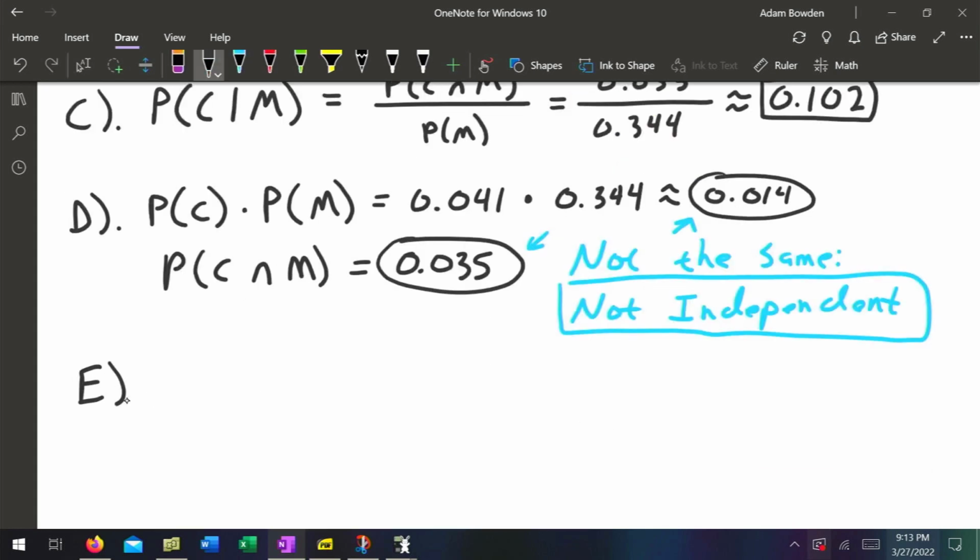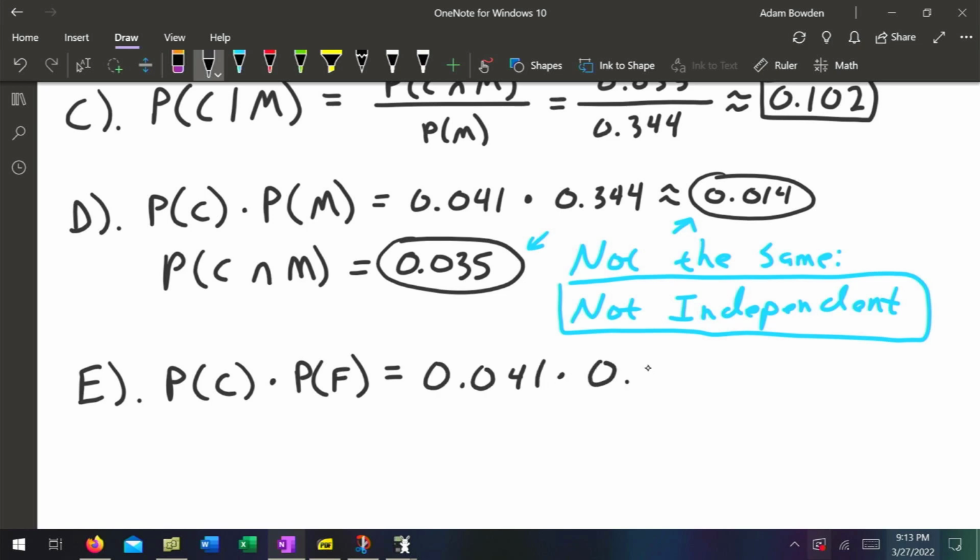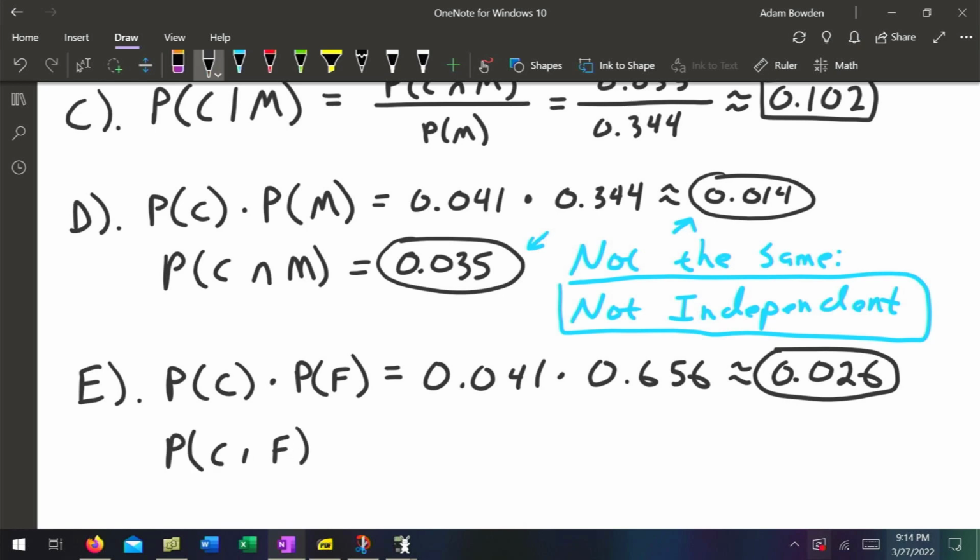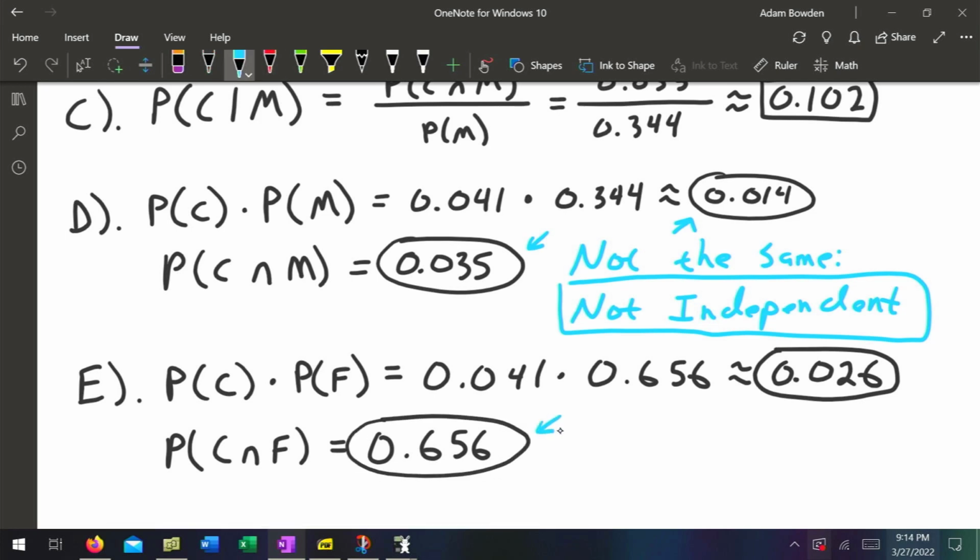If we do the same for female, the probability of color blindness times the probability of female: probability of color blindness, 0.041, times the probability of female, 0.656, comes out to be approximately 0.026. And probability of colorblind intersect female, colorblindness and female, if you go to the table, is 0.006, which again, two numbers which are not the same. Again, that means that these events are not independent,